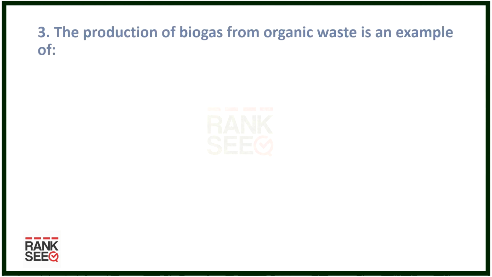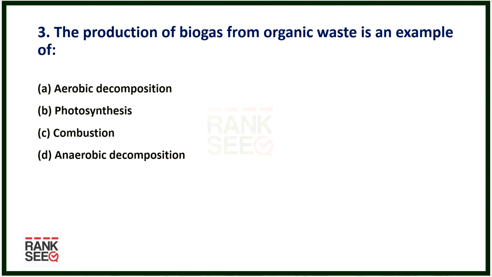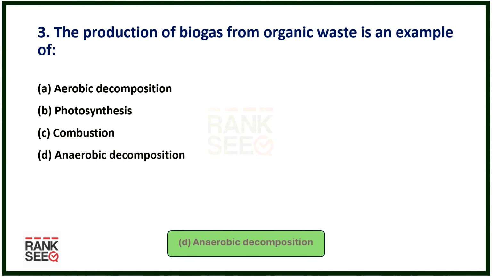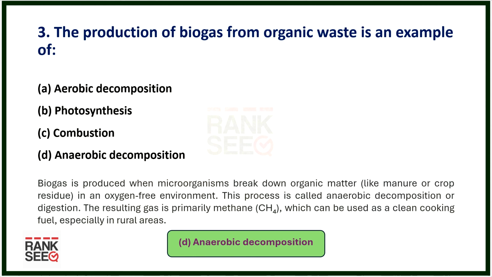The production of biogas from organic waste is an example of: A. Aerobic decomposition. B. Photosynthesis. C. Combustion. D. Anaerobic decomposition. Correct answer: D. Anaerobic decomposition. Explanation: Biogas is produced when microorganisms break down organic matter, like manure or crop residue, in an